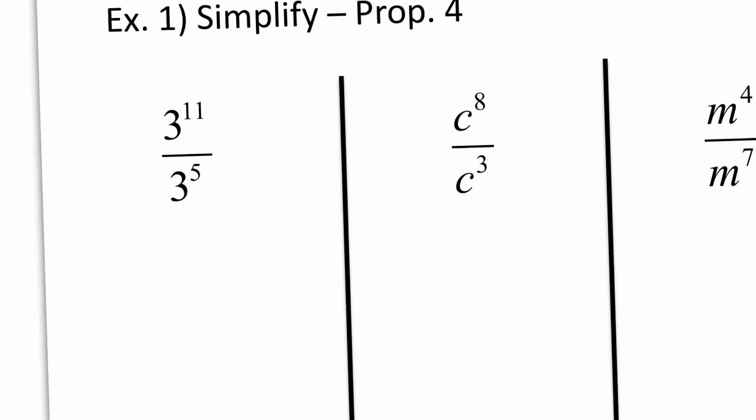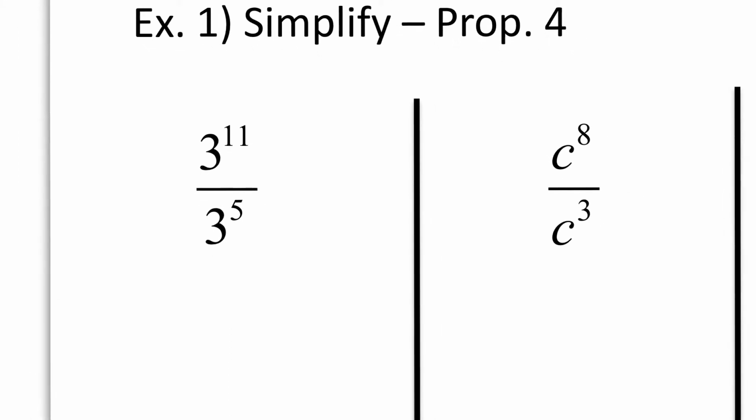So the first one, you have 3 to the 11th power over 3 to the 5th power. Now you have to understand why we can subtract the exponents. So I'm going to do this the long way first, and it's going to help you have a visual of what happens to the actual numbers, the bases of 3's. But then later on, I'm going to stop using the long way, and I'm just going to show you a shortcut. So if you take the fraction, so I'm going to make my fraction here,